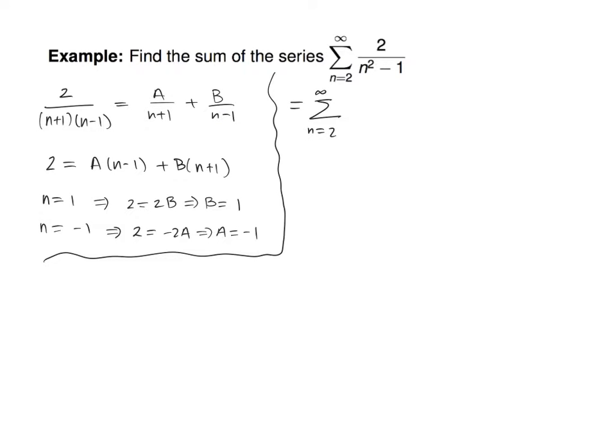Can I write the b first and the a second? Is that going to make anybody sad? Nope. Like write 1 over n minus 1 minus 1 over n plus 1? Is that okay? I just flipped them because I don't like having the negative in the middle. It makes me feel better. I feel like there should be some cancellation. And now this is where you can tell that the cancellation is going to happen. When you have something minus something that's quite similar to it, that's how you know you're going to have that telescoping partial sum thing happening. But this one had that added level of trickery of having to do the decomposition first. Does that make sense? So now with this stage, we list what the partial sum is.